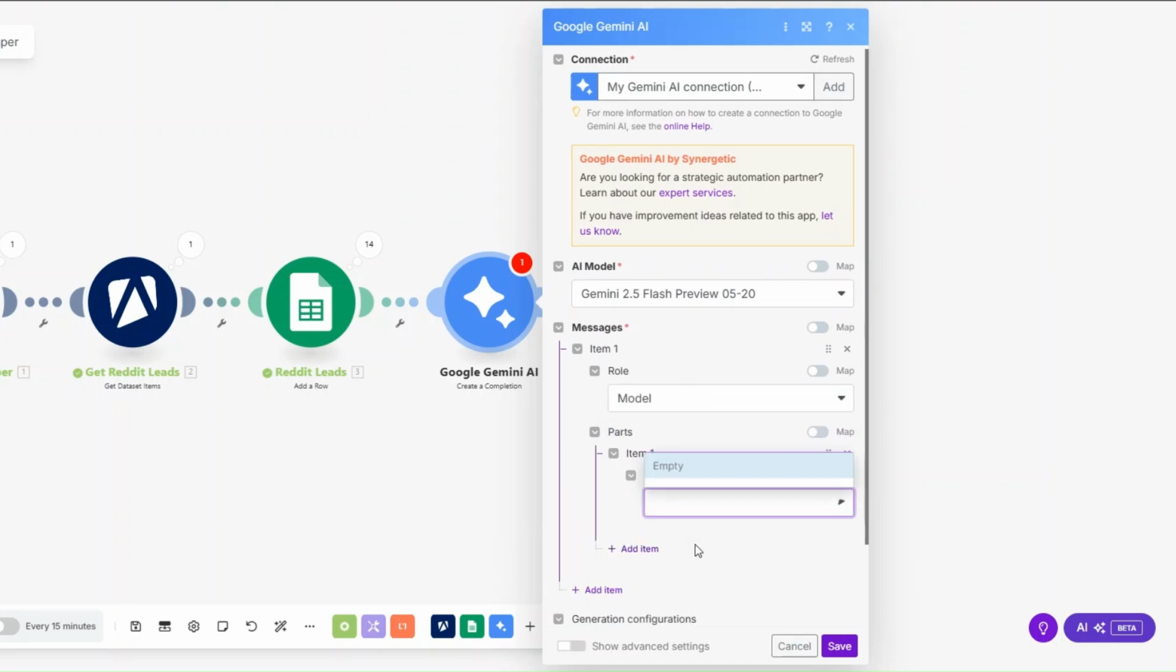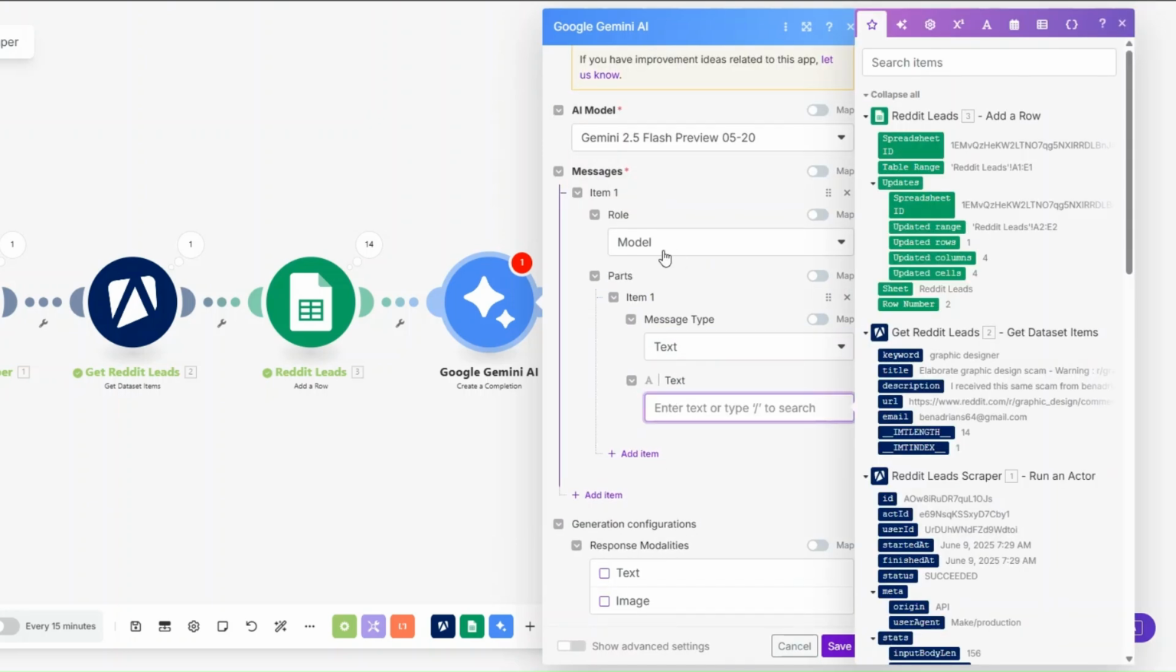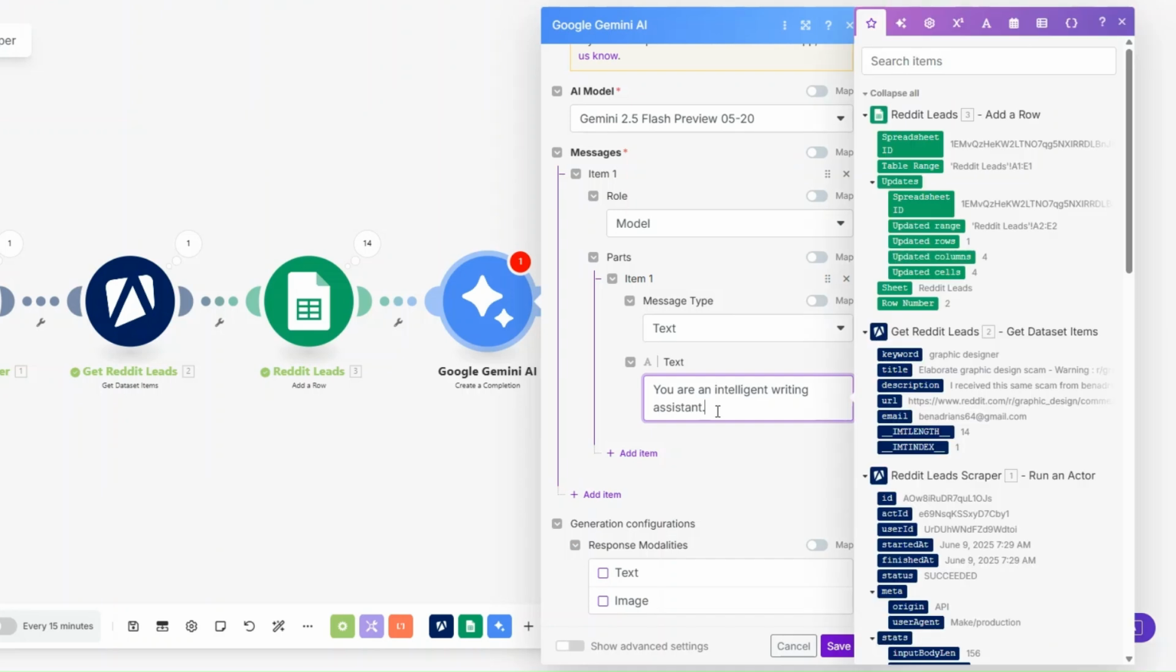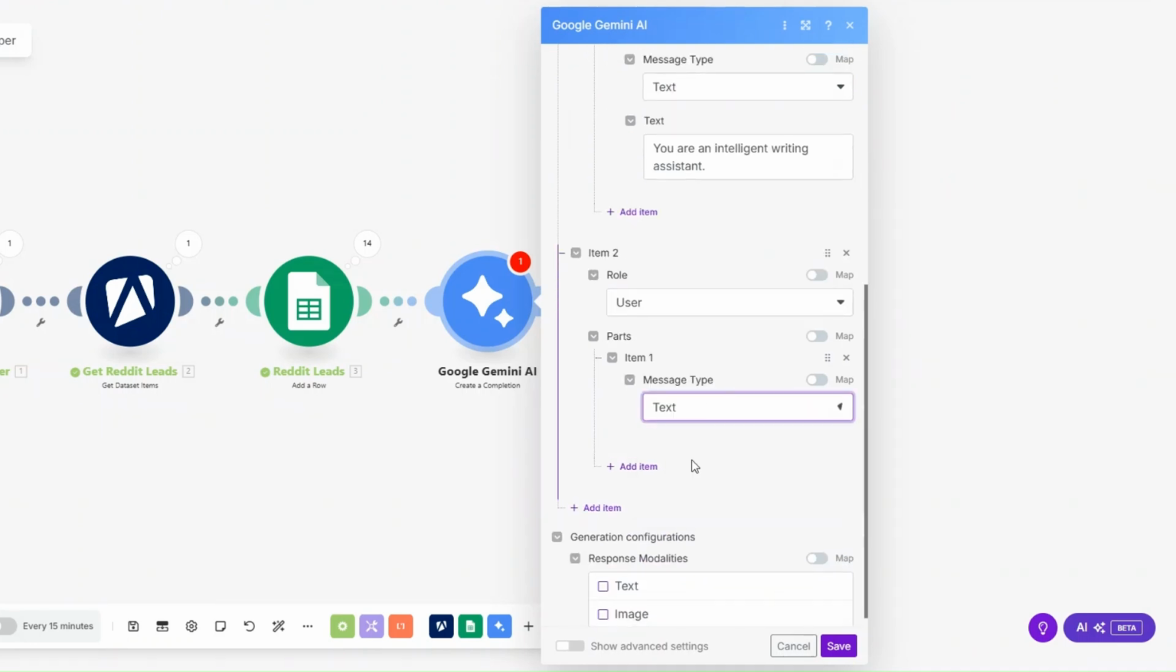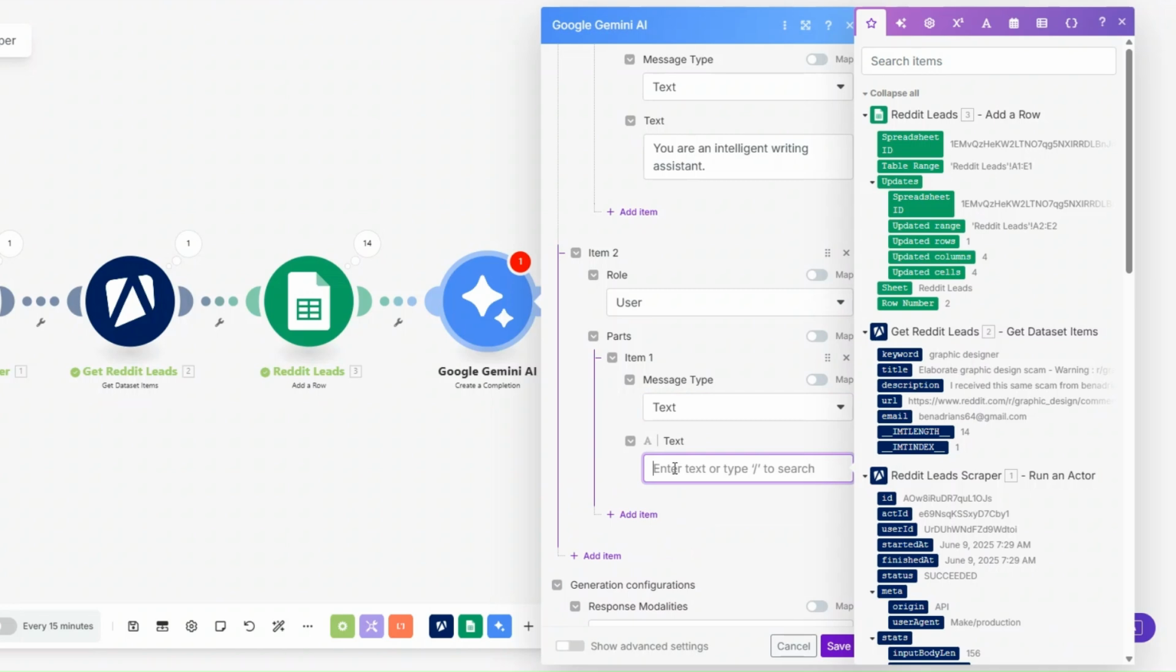Message type I'm going to choose text. And add the prompt for the model role. The prompt could be along the lines of: you're an intelligent writing assistant. And I'll add an item. I'm going to choose the user role, message type will be text, and then here we can add the prompt for the user role,